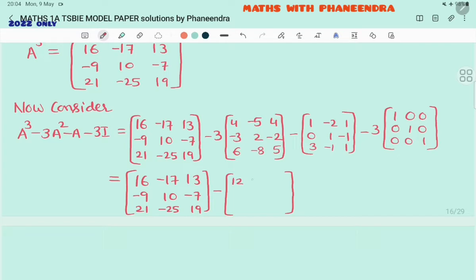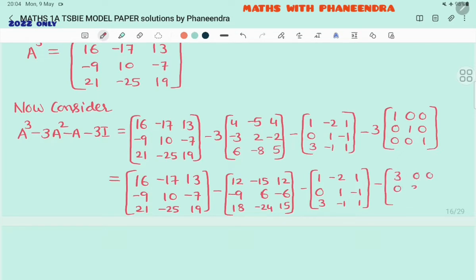So 12 minus 15 12, minus 9 6 minus 6, 18 minus 24 15. Next minus 1 minus 2 1, 0 1 minus 1, 3 minus 1 1. Minus 3 0 0, 0 3 0, 0 0 3. So which is equal to,